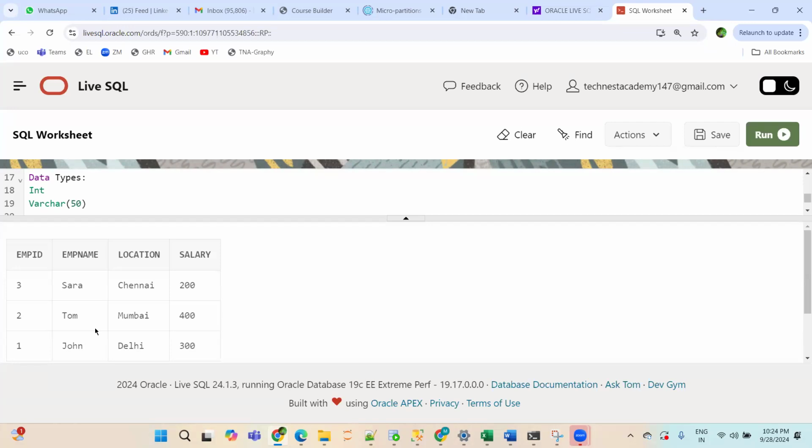Is the question clear? First of all, confirm. So for that, what I will do, I will write select star from employee. It means now I have to apply a filter. You all know about filter? Can you tell me a daily life example where you apply a filter? Anyone?